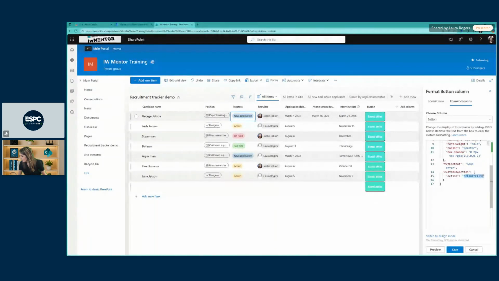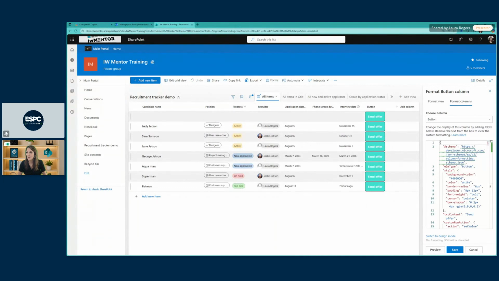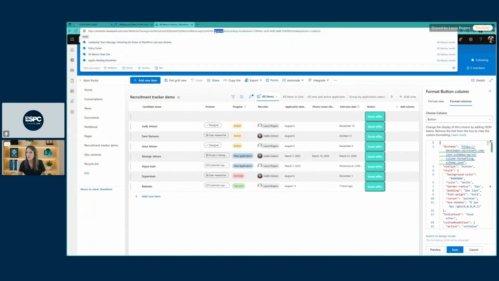So I'm just going to paste that in there. And then this is where we put the action input, which tells it exactly which column we have. Now, let me go ahead and save this and show you that we need to know the system name of that column. The quick way of knowing the system name is to sort by that column and then look where it says sort field equals, and then it says progress. So progress is the name of the column, and progress is also the system name of the column.